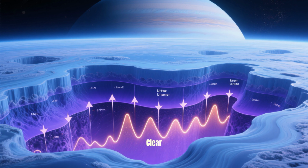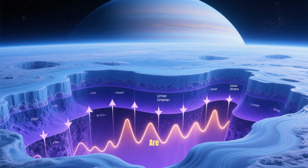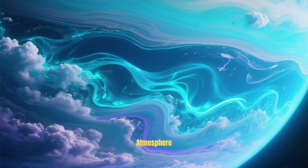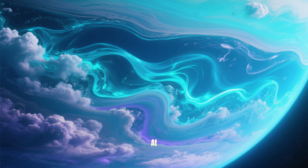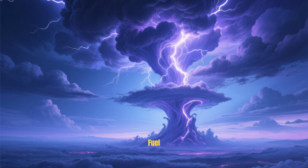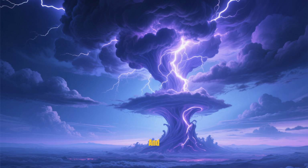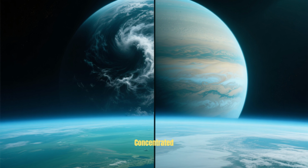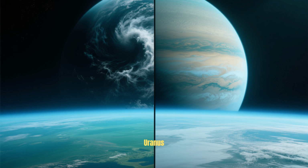It's not entirely clear, but the leading hypothesis among astronomers is that the storms are driven by changes in temperature with depth. If the atmosphere has layers in which different gases and liquids condense at different depths, then heat released during condensation could fuel convection currents in the atmosphere, leading to rising thermals and eventually storms. The fact that the storms appear to be concentrated in the northern hemisphere suggests that they are linked to Uranus's